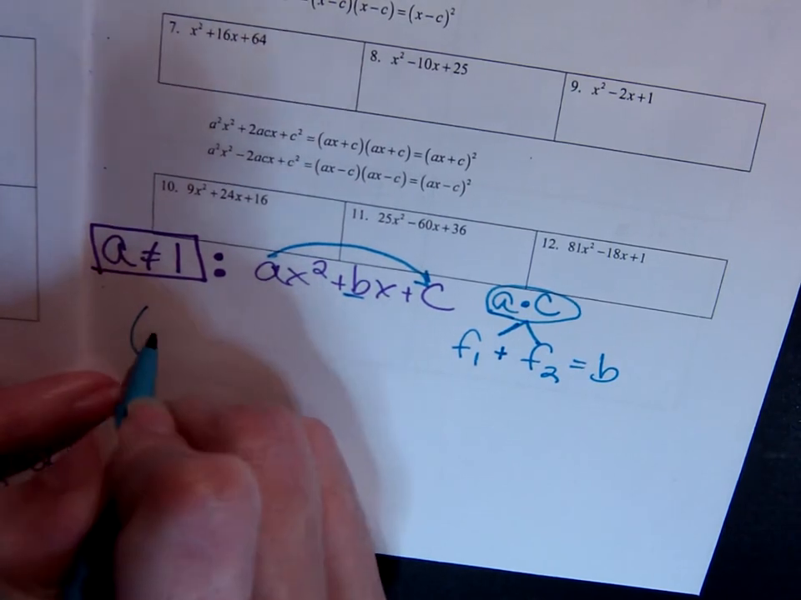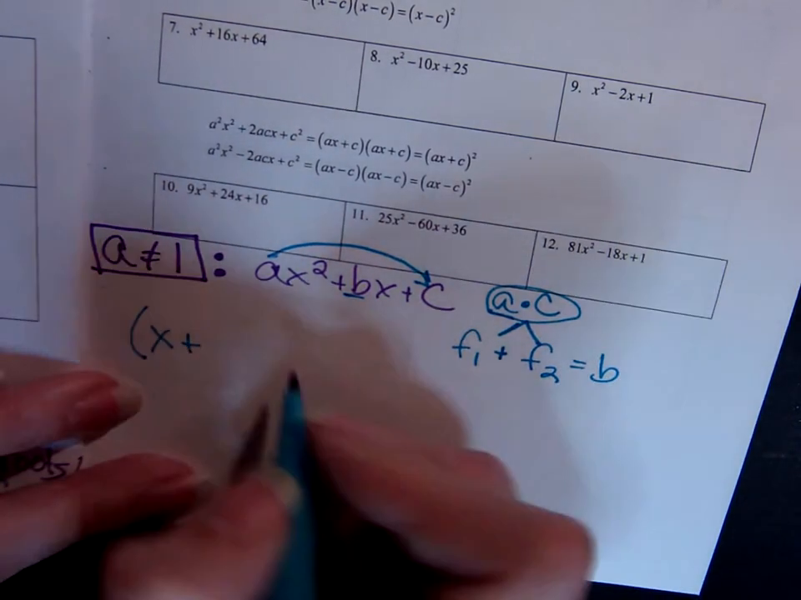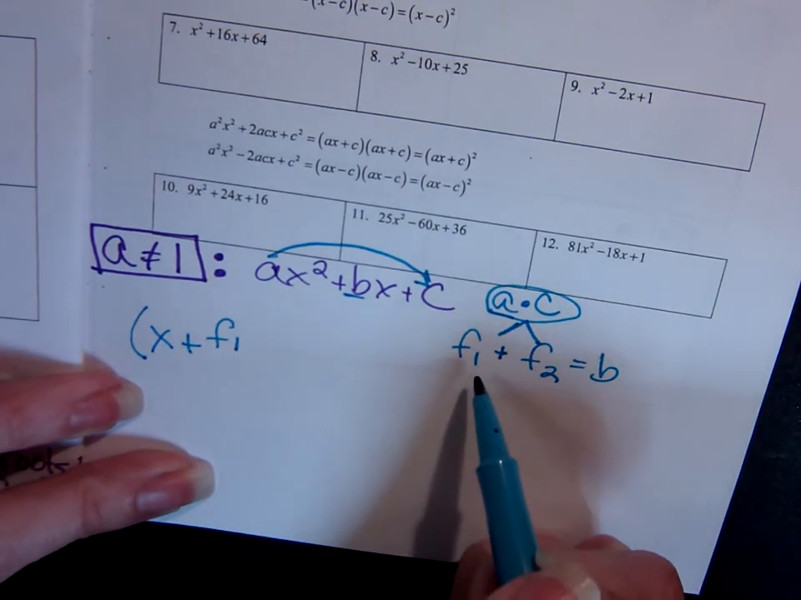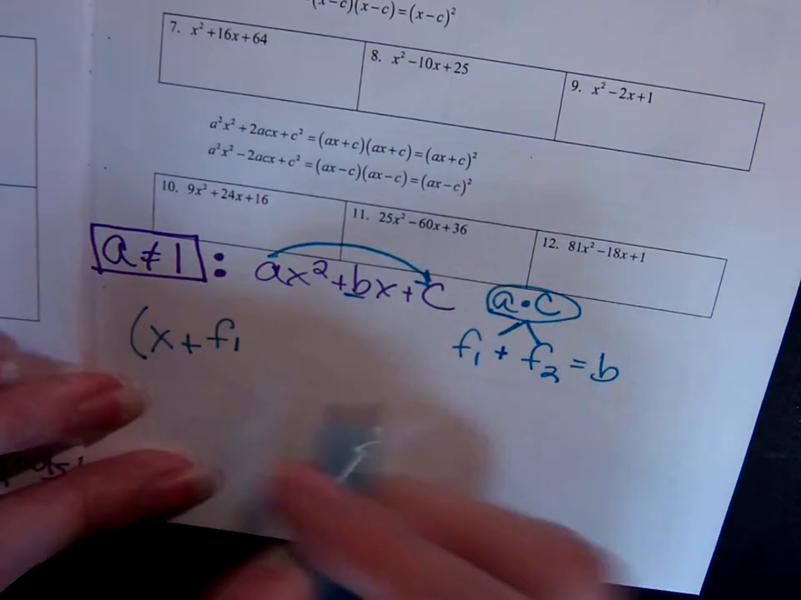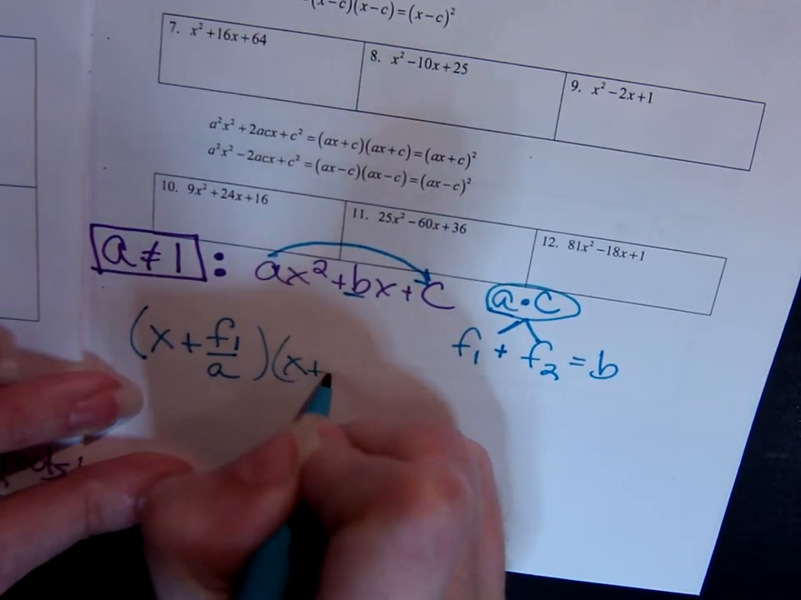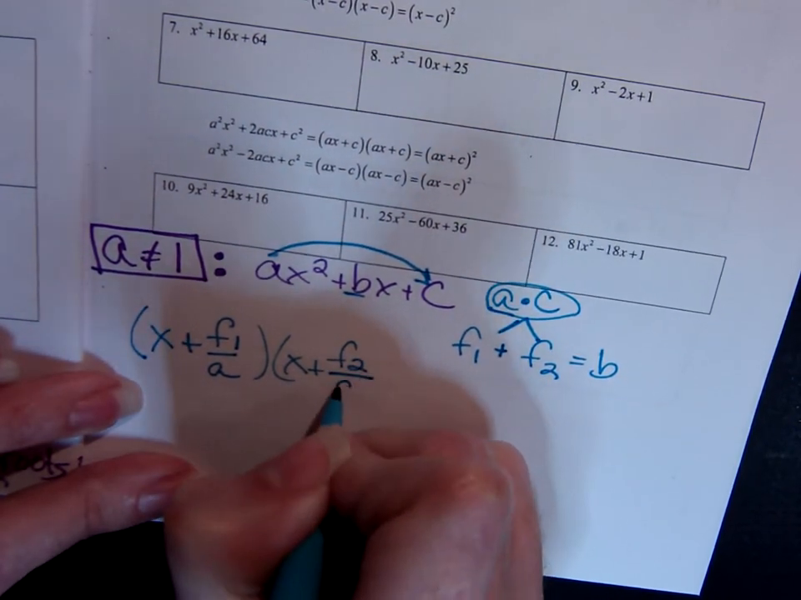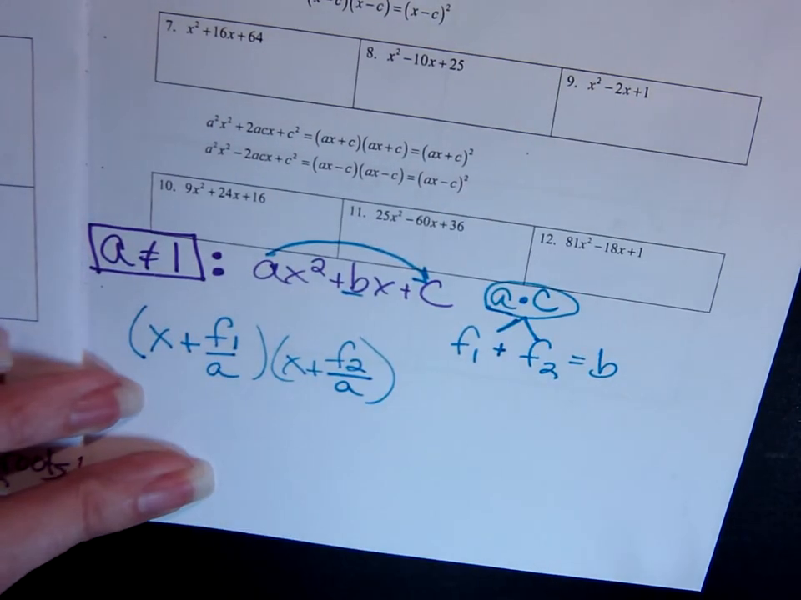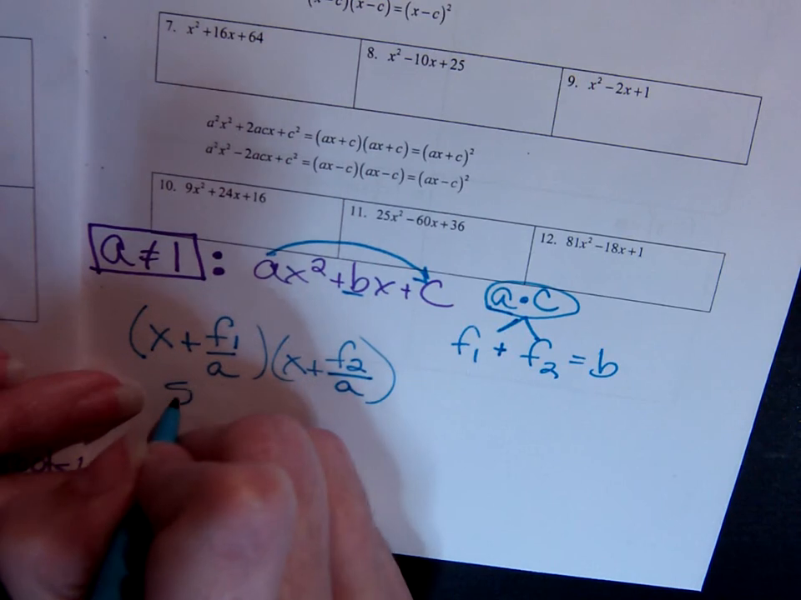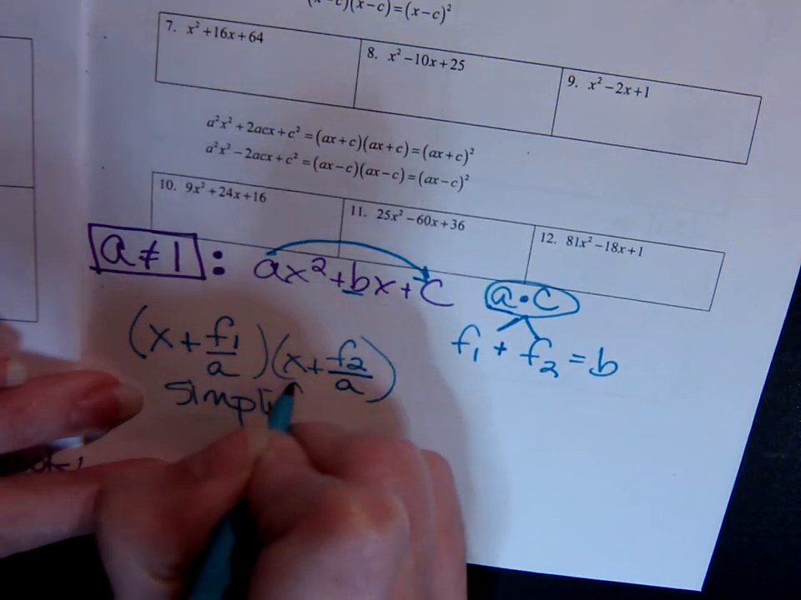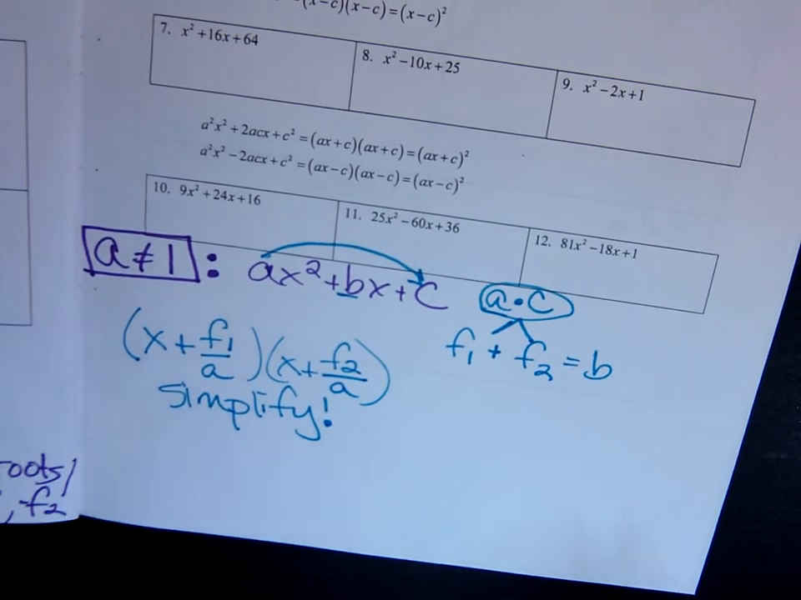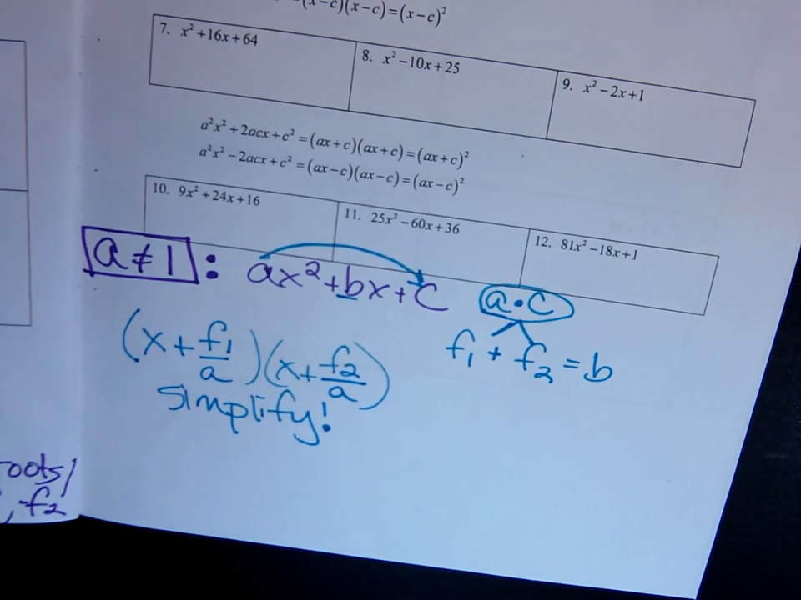When I set up my factors, it's going to be x plus not just f1 now, because I got that factor after having multiplied something, so I've got to divide it back out. And x plus f2, divide the a back out. Always check to make sure you can simplify fractions. Alright, if you don't simplify those before you do this next step, you're going to end up with the wrong